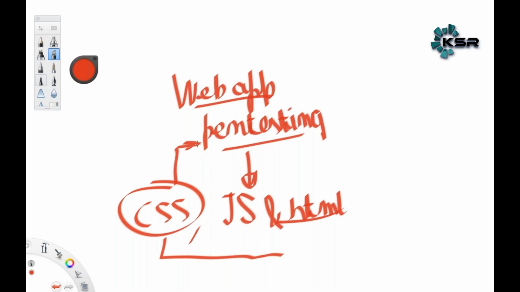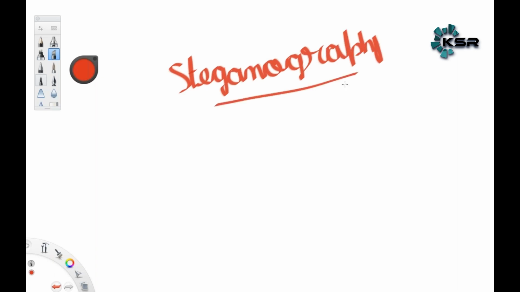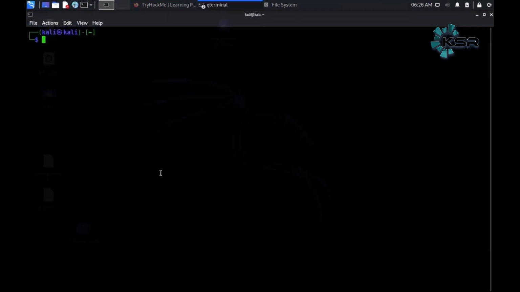So my question is: suppose we have an unknown PDF file or JPG file with some hidden threats, do we have any testing tool to identify the threats? That comes under a domain called steganography, my friend. If you are trying to find any hidden data inside an image, let me show you. I have a tool here called EXIF tool. I have a variety of tools here, and suppose I have an image here.